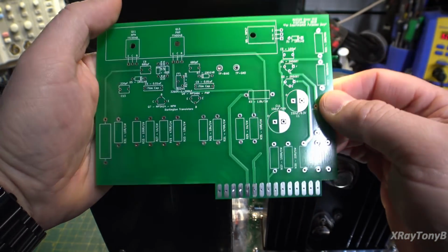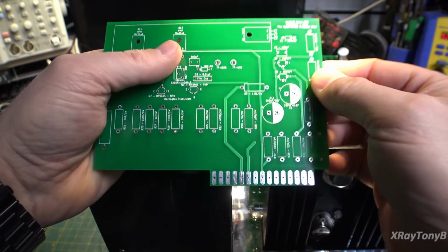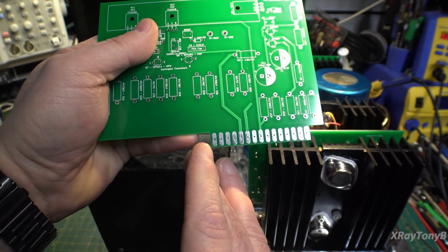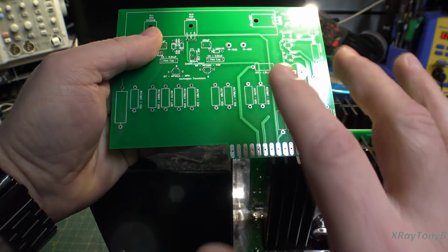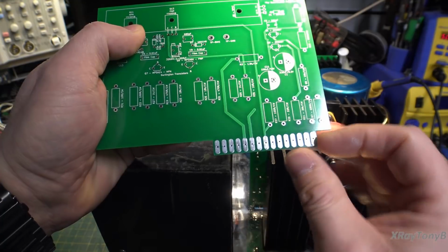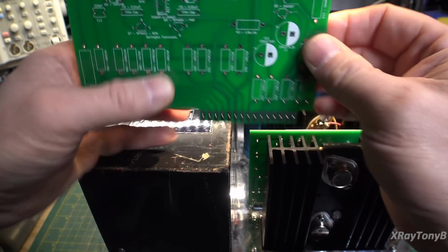I've only made a few different boards where I've actually created the Gerber files and everything, so this is totally new to me. It was kind of difficult for me to figure out, but I got it figured out. One thing I noticed is when I did the edge cuts, where you define the edges of the board for the diameter when they cut it, this is just a little tiny bit too narrow. I probably need to add about 1 to 1.5 millimeters on each side of this board,